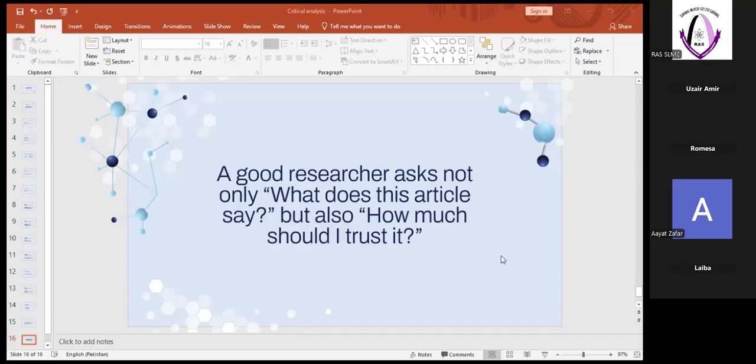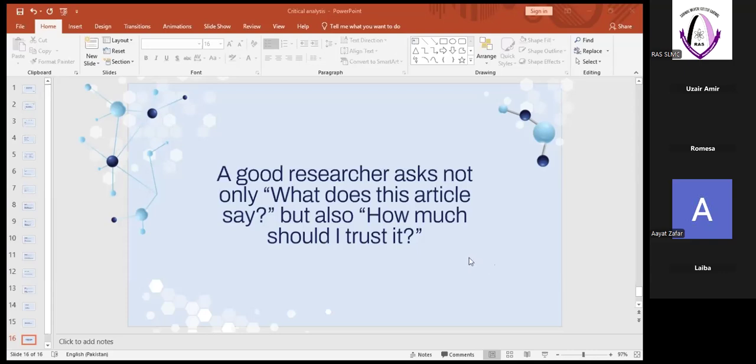So what is a case study? Okay, so the answer to this question is: we basically take a clinical case and mention the findings of that specific case. We can take more than one individual. If it is one individual, it is a case report. If you have a series of case reports, then it becomes a case study.